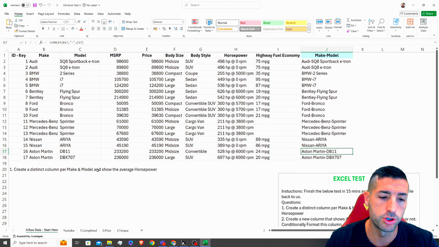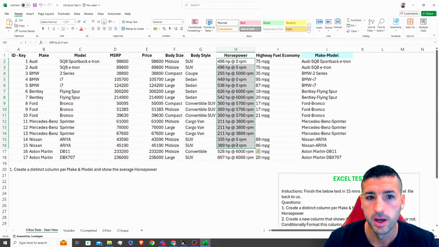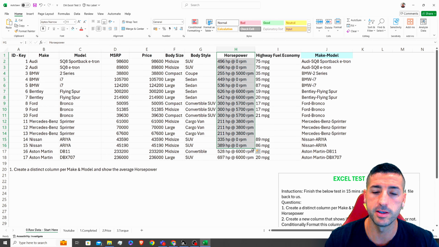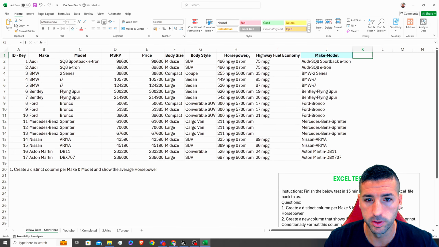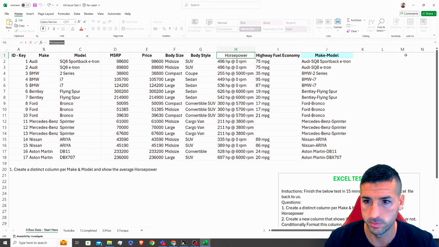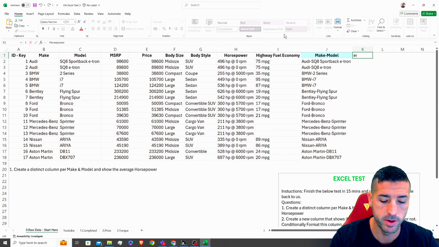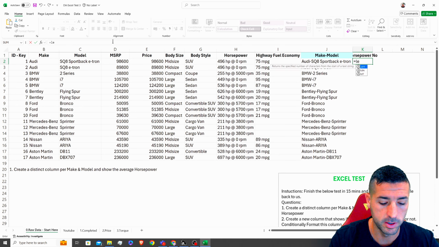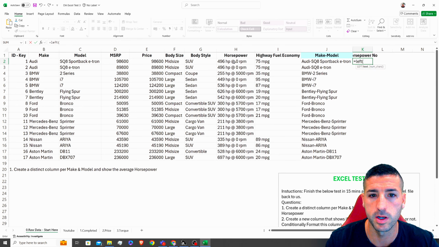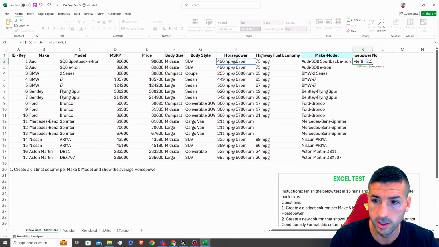Now we need to show the average horsepower. However, horsepower is actually text. So we have to extract the number from this column. And to do this, I'm going to copy this, paste it over here, and call it horsepower NO. Equals, I'm going to do LEFT, then I'm going to select the horsepower, comma 3, close